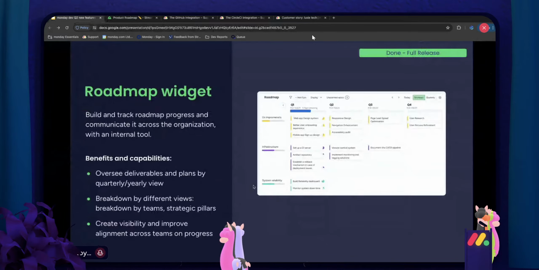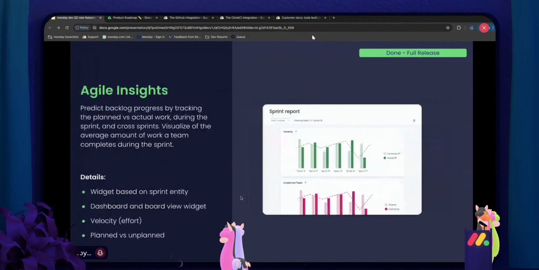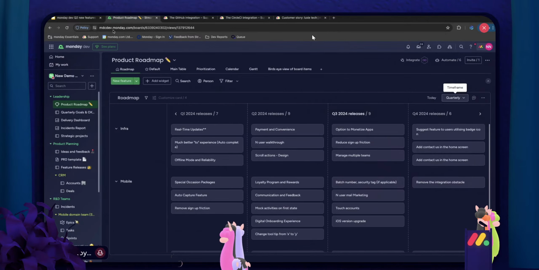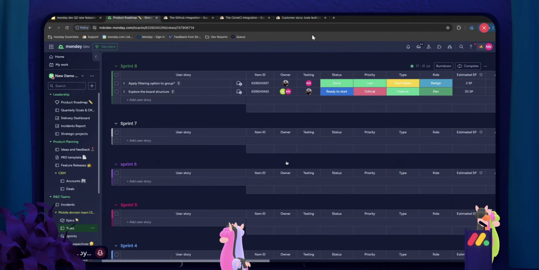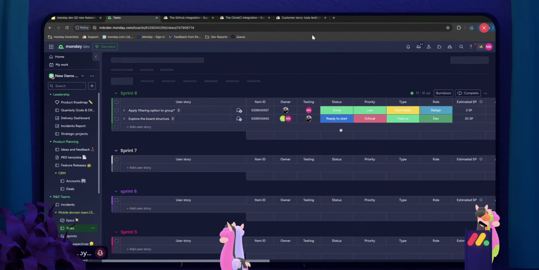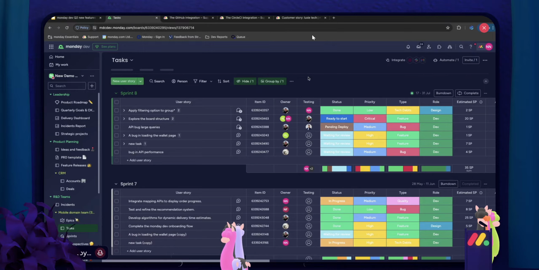Let's go to the next one. Epic Insights, we just talked about it. Agile Insights. Awesome. So in case you missed it, which I really hope you did not, we now have new Agile Insights reports, and these are